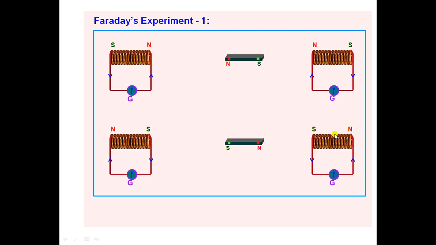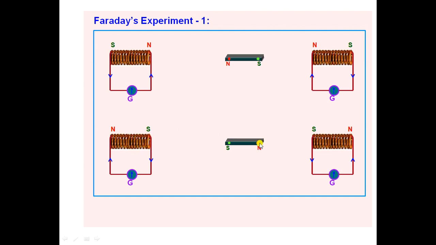Suppose you take the bar magnet as the opposite. So suppose the S pole is closer to this first coil. Whenever the S pole is coming towards this coil, the galvanometer shows some deflection, and the current flowing in this coil is in the clockwise direction,